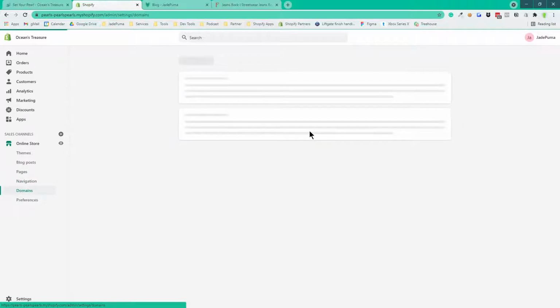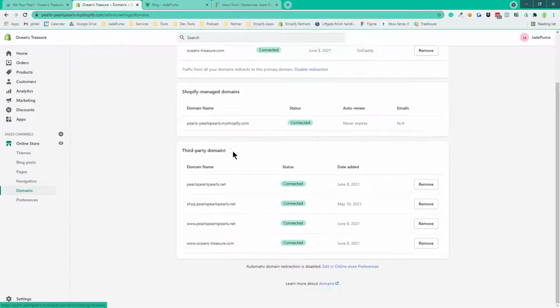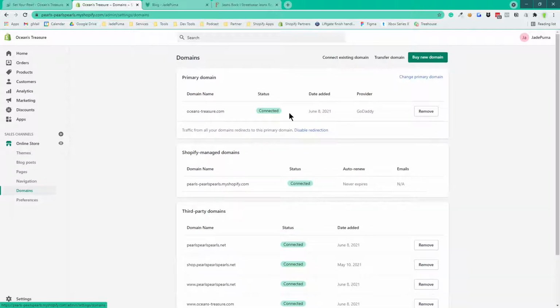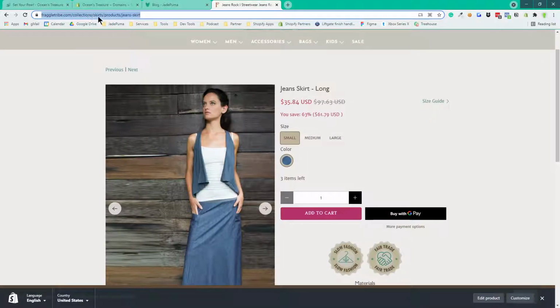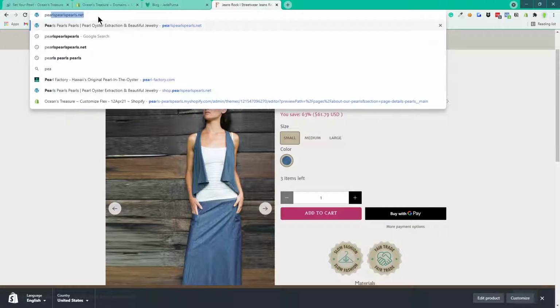Domains, so we set up domains today, right? We had the shop one before, pearls.net, but now pearls.net and Ocean's Treasure, www and non-www, are all pointing to this website. So all these domains point to the website, but what we do, which is a best practice for Google, is we have everything resolve to one URL. That's called the primary domain. So no matter what you put in, I haven't done this yet today, so we'll see what happens here. If I do pearls.net,